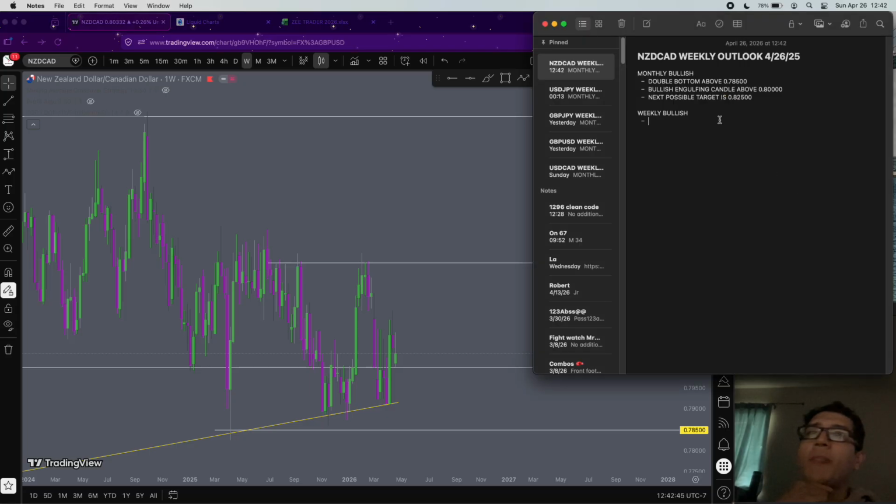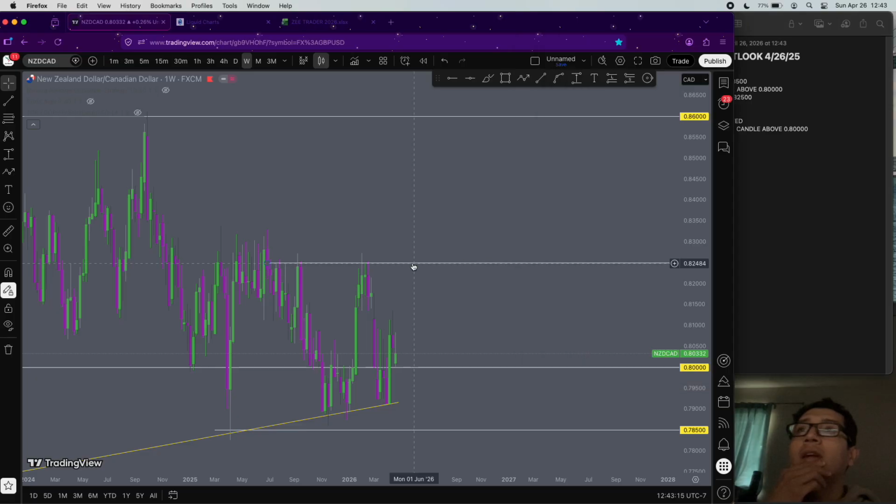So now, bullish trend, bullish trend was respected. Weekly bullish engulfing candle above 0.80,